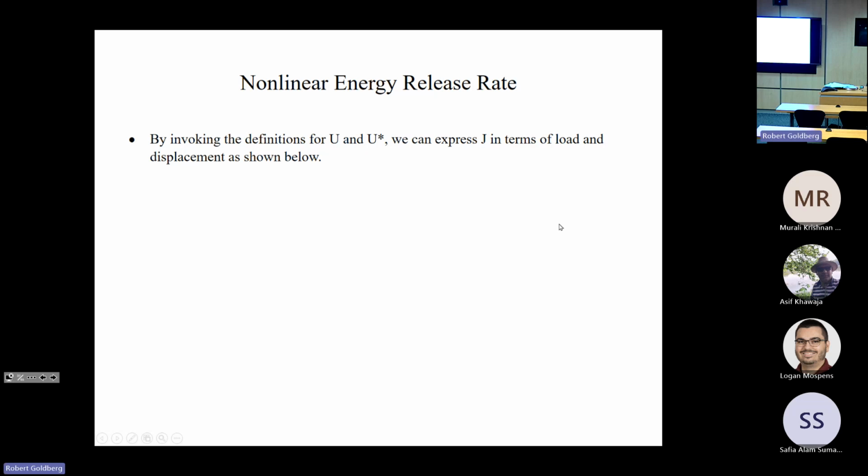So with all these definitions, we can write the detailed definition, and substituting in some of the expressions that we talked about, we can write the detailed expressions for the nonlinear strain energy release rate. So for the case of load control, J is equal to the derivative with respect to the crack length of the integral from 0 to P of delta dP for the case of constant loading, which is just equal to the integral from 0 to P